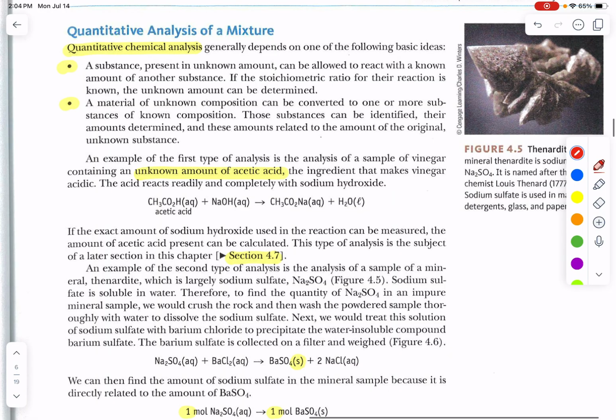So, quantitative analysis of a mixture. You'll notice the two bullet points here. Did I say qualitative? I meant quantitative, because in this chapter of the chemistry book, we're actually going to be able to measure the amounts of chemicals that are involved. So bullet point number one, let's say that we dig some ore out of the ground, or let's say we find a sample of a chemical when we evaporate water from a pond or a river or the ocean,